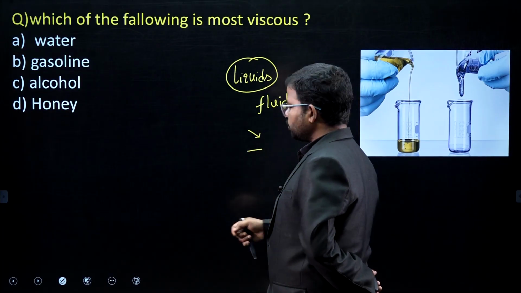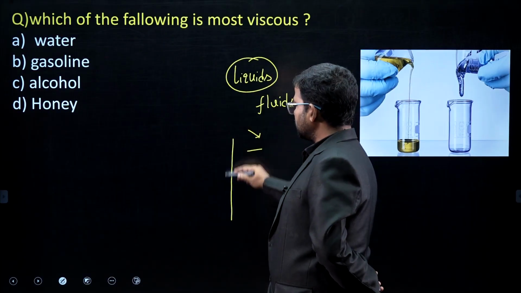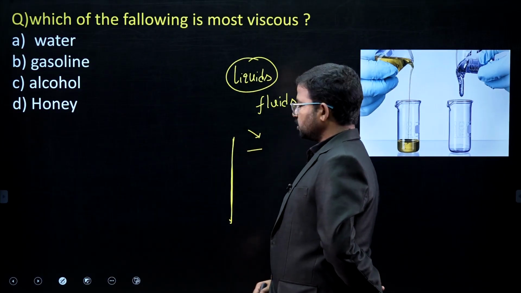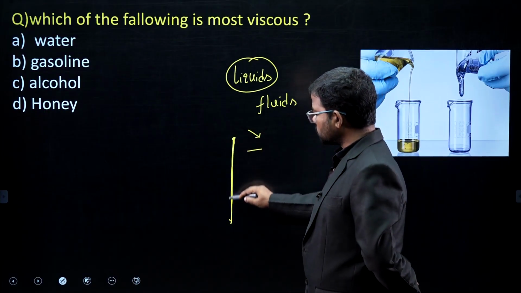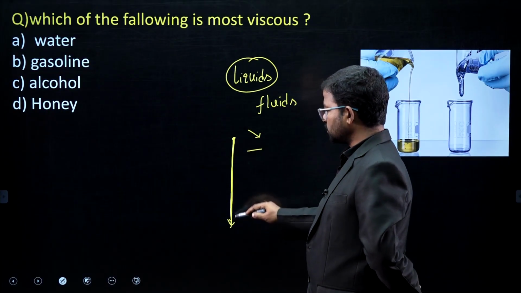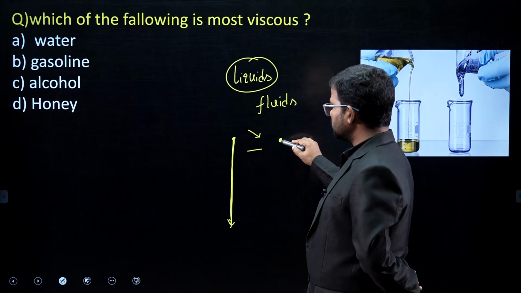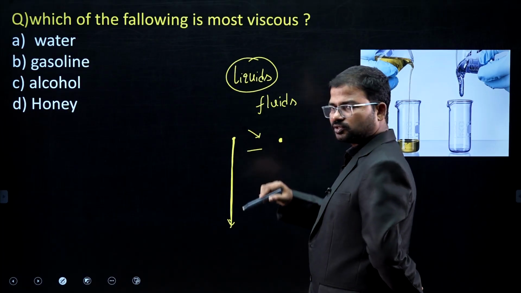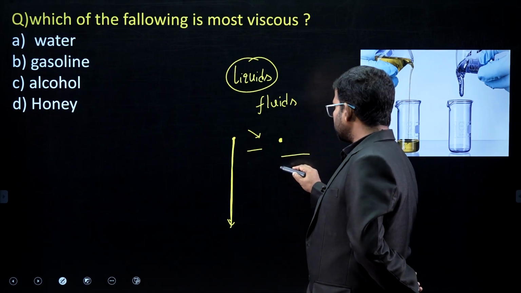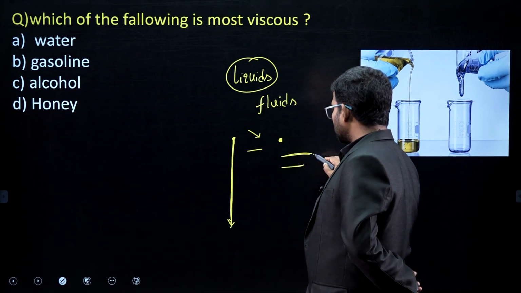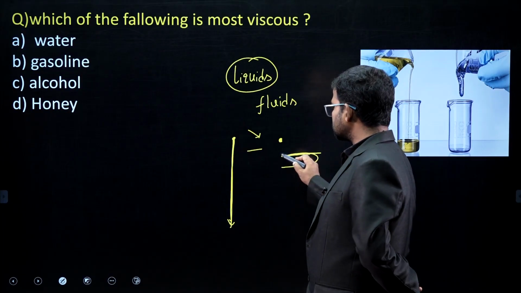Suppose we pour water on a surface, those layers are easily displaced from the existing position. Within a small span of time, the water moves like this. What about honey? If you pour honey, the layers are not easy to displace. Let's consider this, here you can observe the shape in this orientation. This is the first layer of molecules.